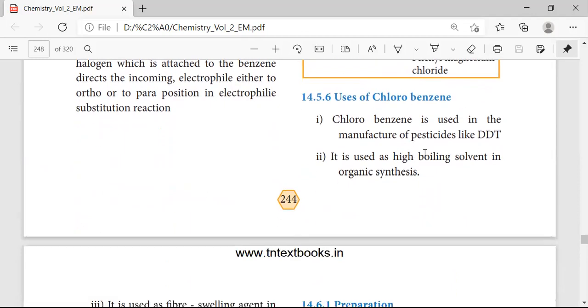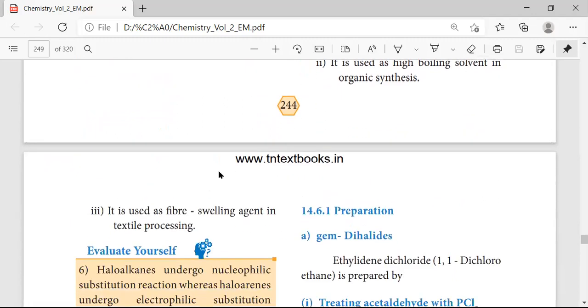Now comes uses of chlorobenzene. Here in uses, it is used as a pesticide like a DDT. It is used as a high boiling solvent in organic synthesis, and also it acts as a fiber swelling agent